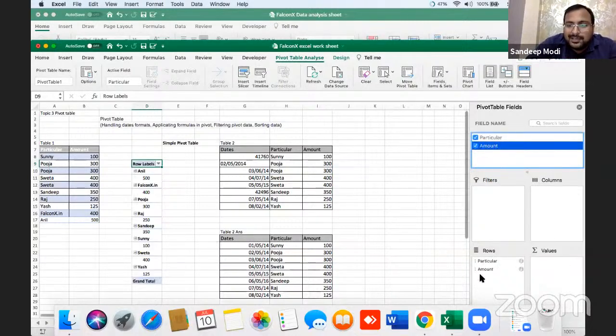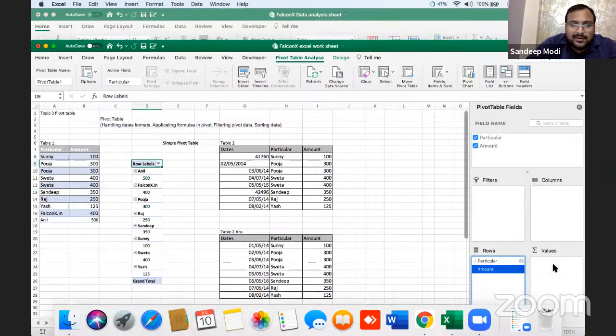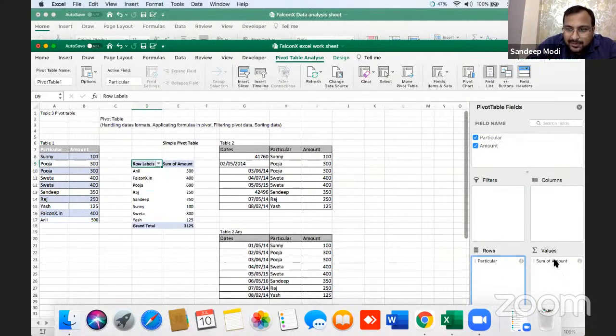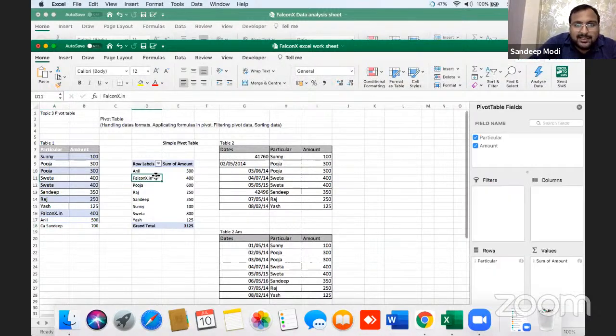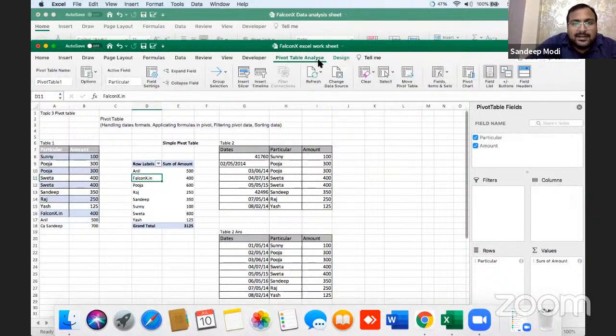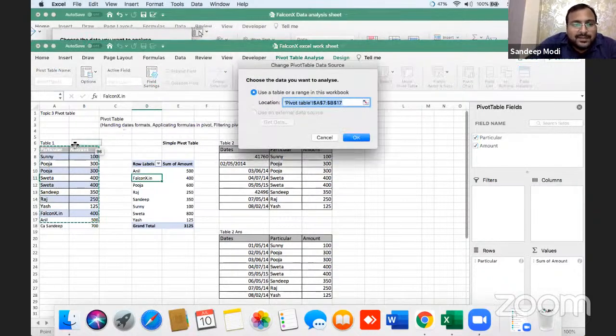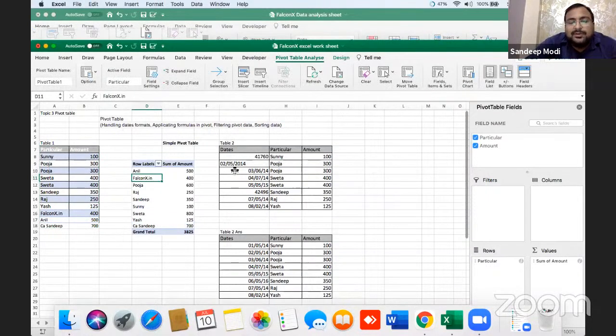ये पाइवट तो मुझे भी आता है, तो व्हाट नया पढ़ाने वाला? ये तो मुझे भी आता है बनाना, पर यहाँ पर चलो मैं एक और नाम ऐड कर देता हूँ, संदीप। संदीप ऐड कर दिया, सीए संदीप ऐड किया, एक और लाइन ऐड किया, तो कौन सी बड़ी बात है इसमें लाने के लिए? पाइवट टेबल एनालिसिस में जाऊंगा, ये चेंज कर दिया, सोर्स डेटा हो गया, 2 मिनट का काम था।